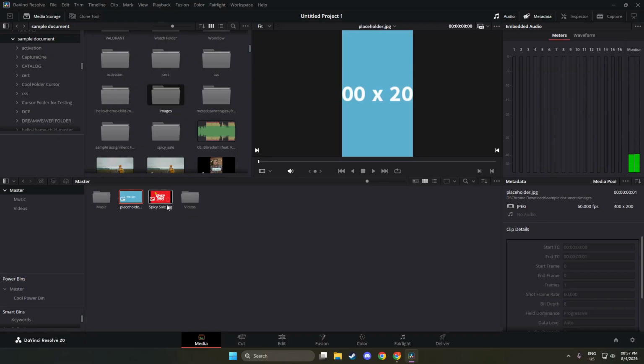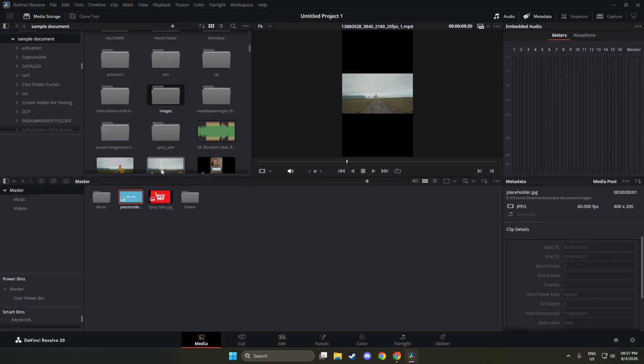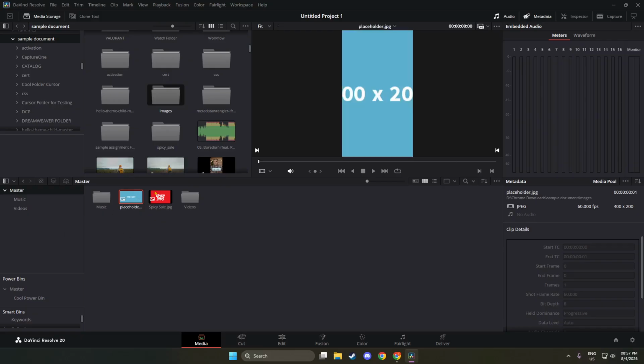After you click your chosen option, watch the Media Pool. You will see your clips appear, and if you pick the subfolders option, you will see bin folders that match your original structure. You have now imported a whole folder of media into DaVinci Resolve, ready to edit with the same structure you set up on your drive.